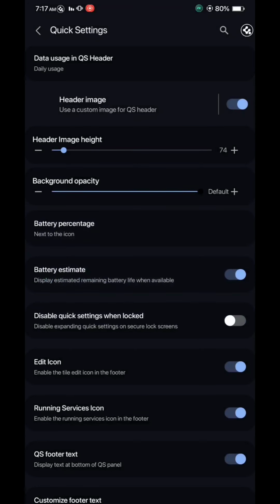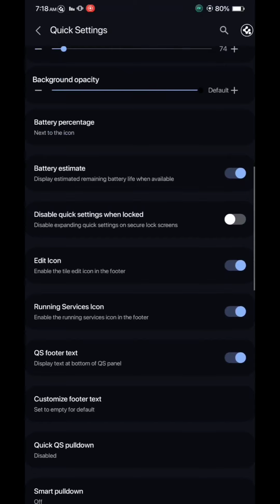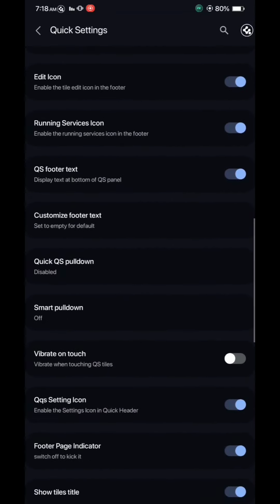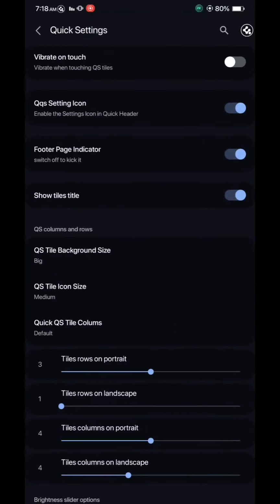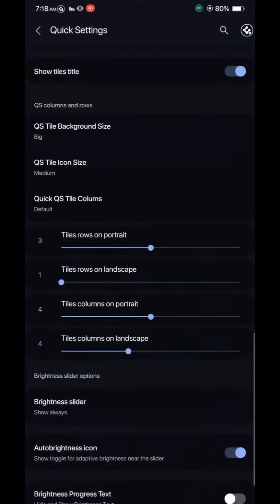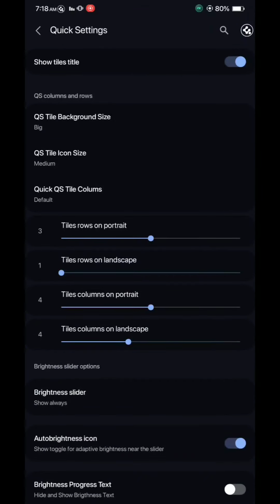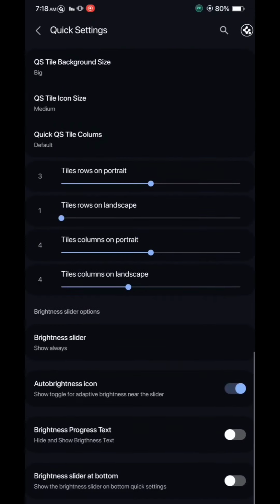Then the battery percentage, I have selected next to icon. Then the battery estimate, edit icon, quick settings, quick pull down. Then the QS background style, QS background icon size. I have selected medium, and I have selected big for background size. You can also customize the rows and columns in portrait and landscape mode, and also there are some options for